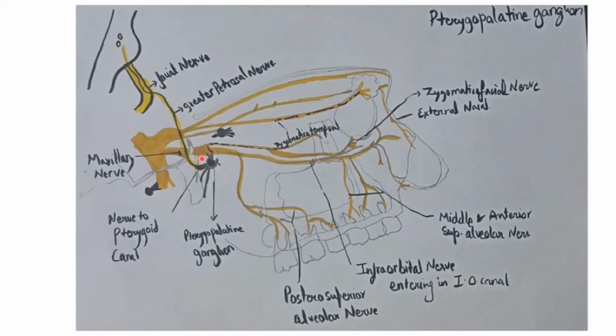And functionally, if you ask me, it is related to which nerve? It is with your facial nerve. Functionally it is related with your facial nerve, right? So this is the preganglionic root, and from here is the postganglionic root. Let's first see the parasympathetic motor root, right? Preganglionic and the postganglionic fibers.